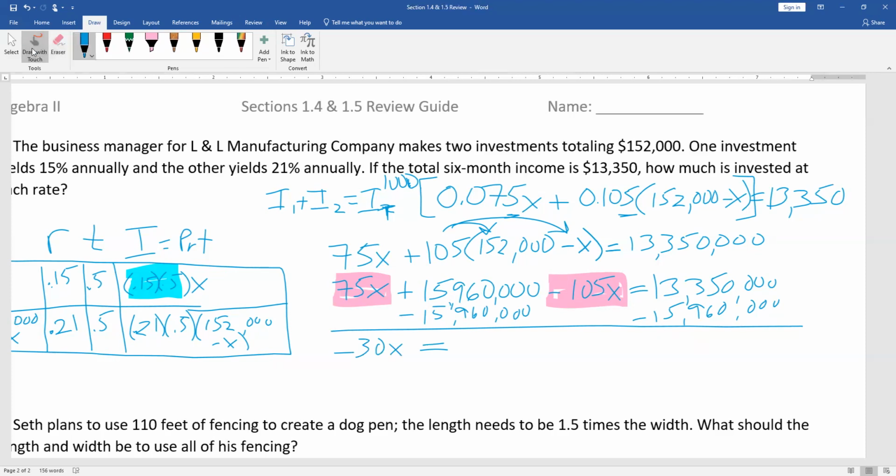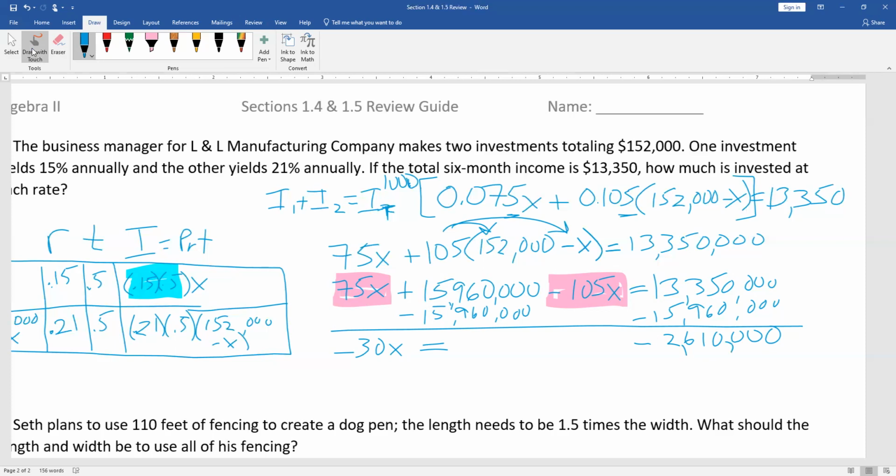Okay, so 0, 0, 0. 6 take away 5 is 1, 9 take away 3 is 6, 5 take away 3 is 2. And it's negative because it's 15.9 million minus 13.35 million. So that leaves us with negative